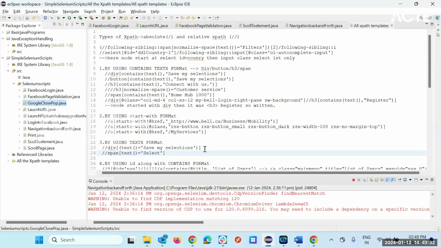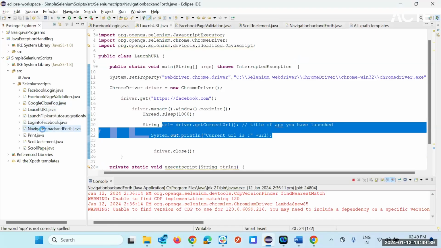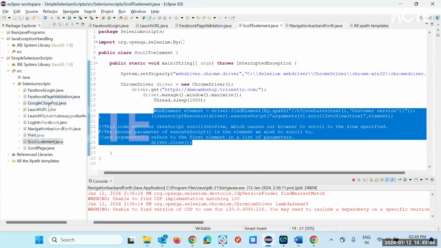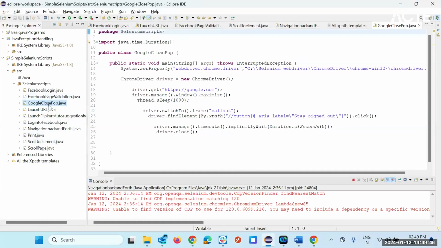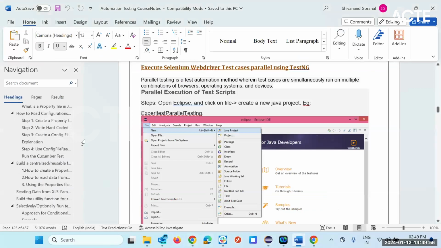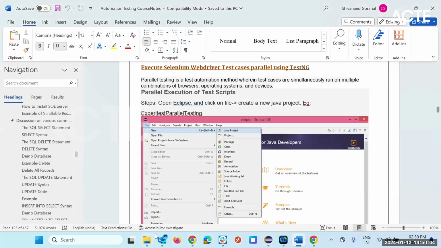If you know at least this much, right? Launch the URL, login, clicking, validating title, scrolling, navigating back and forth, printing, right? And closing the pop-up. Can I show you how to close the pop-up? Okay, so there is another one already there. So that is also there. If you know at least these basics, it will be good for you. So you can enhance your skill, and just day by day you can practice. So if you are getting stuck anywhere, let's say this